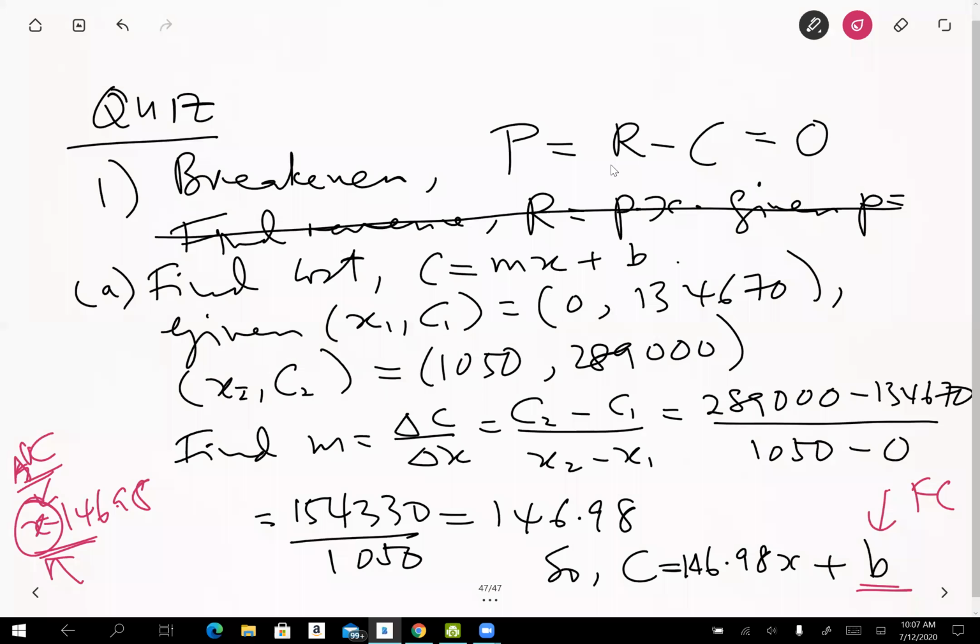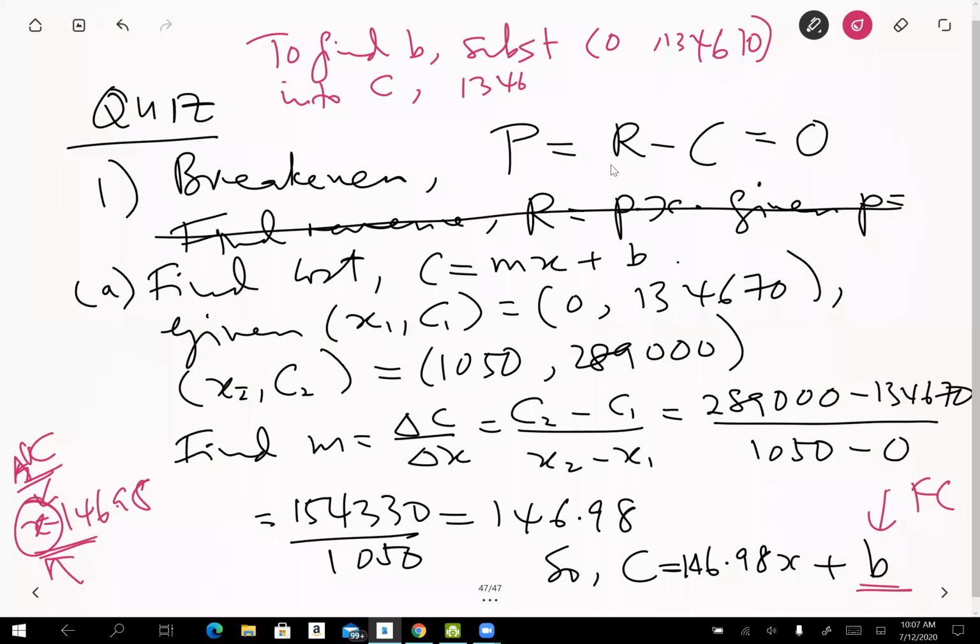So to find B, of course, you know it already, but I expect you to just show the method. Substitute one point, say the first point, 0, 134,670, into C. Then you got 134,670 equal to M,